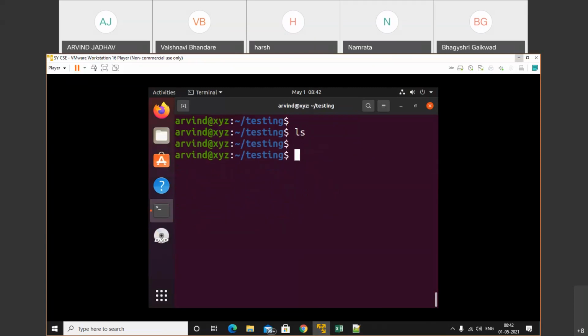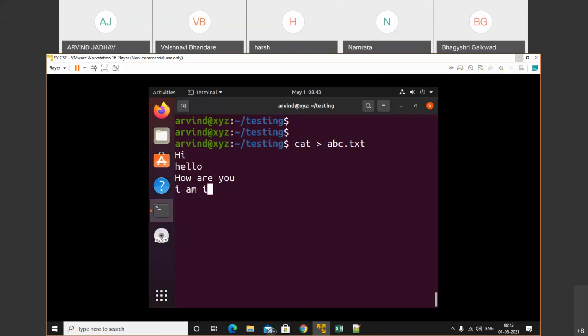Now we don't have any file. So here we will create a file with the cat command. Or we can also create a file using head, tail like that. So with cat, I have a file abc.txt. In that I will write: hi, how are you?